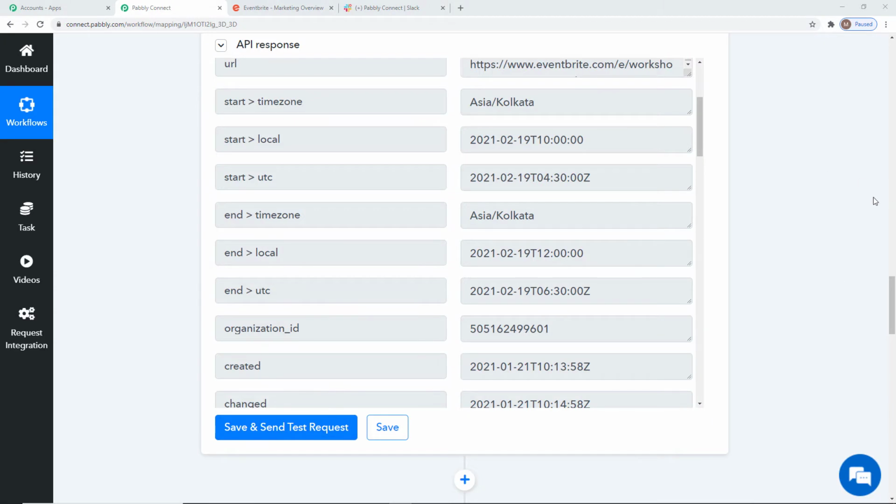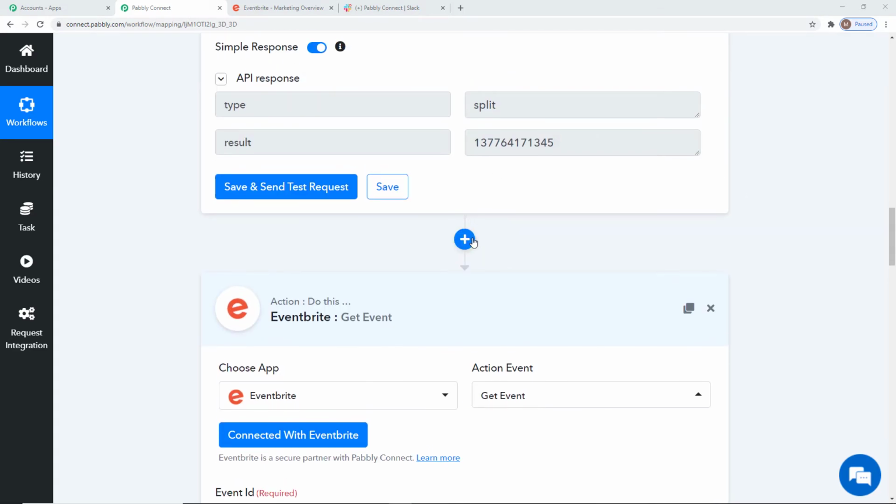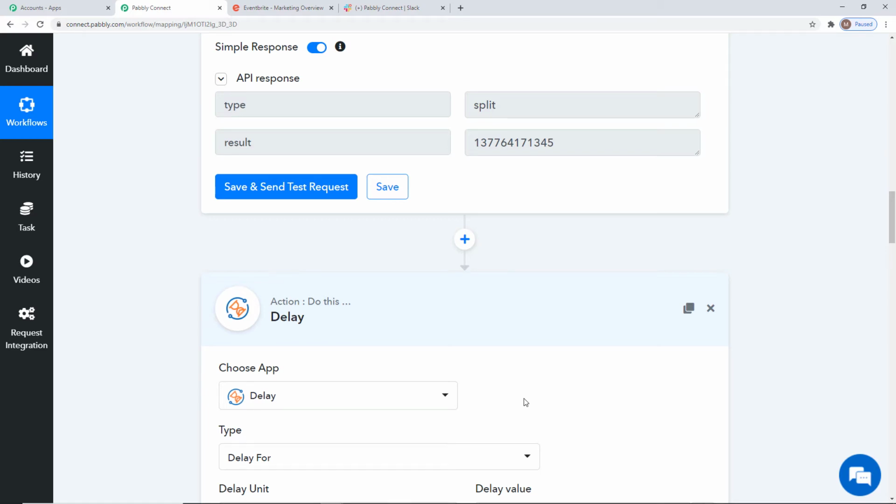So here the thing is that we are getting the description details over here, but the issue is that the page where we fill the description comes after the page of the event created. That is why Pabbly Connect may not capture this description detail sometimes. So in order to prevent this, we are going to make Pabbly Connect capture the data a little bit late. That is why I am going to add an action step over here. I am just going to use delay. I'm using this delay so that Pabbly Connect captures the information a little bit late so that the description of the event can also be captured by Pabbly Connect.